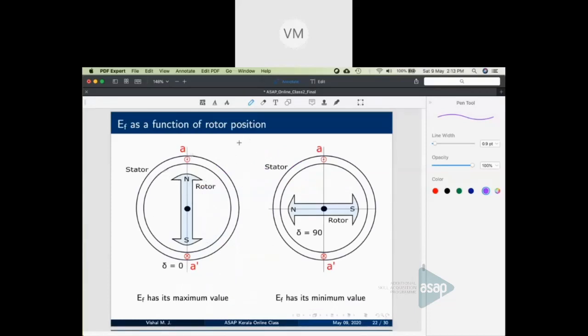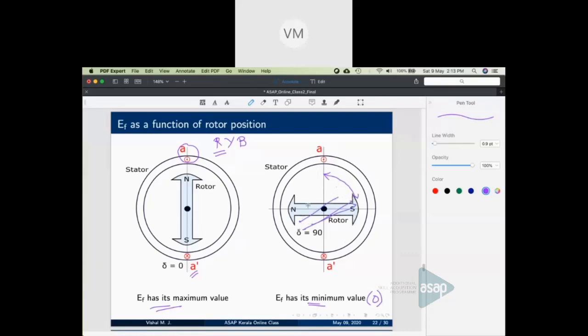Consider phase A. I am showing only phase R, the red colored phase, let it be ABC. The phase voltage EF has its maximum value when the rotor is like this, vertical with the north pole upwards. EF has its minimum value, minimum in the sense of 0, not minus EF, when it is horizontal like this. It means between this position and this, it traces a sine wave, from 0 to 90 degree. So if the rotor position is like this, it will have some value in between these two values.